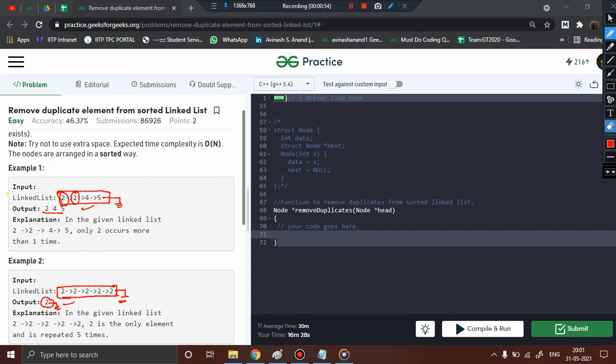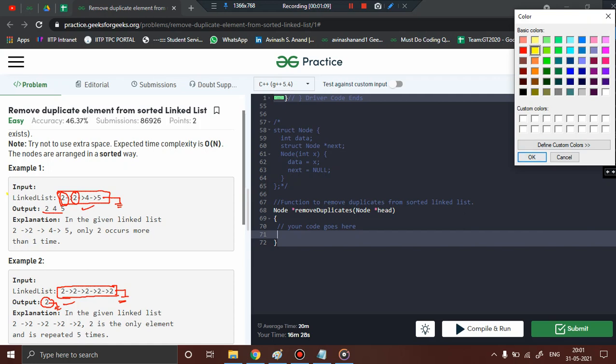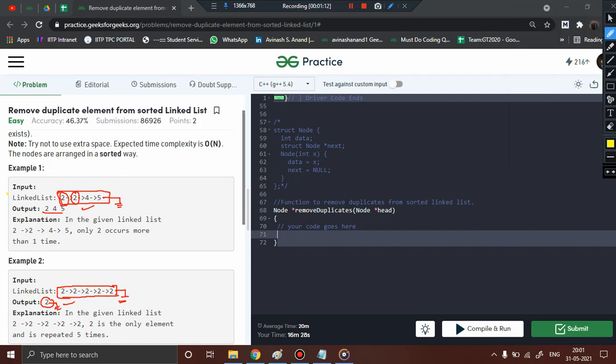Now let us understand what would be the approach to do this particular problem. I would like to consider an example, and we will see how this problem can be solved. So let us consider a very good example, and we'll use the example to solve the code. Suppose our linked list has 2 2 duplicates in the beginning, followed by 3 3, and we have 4 5 5 6 6, followed by null. Now we basically have to solve this particular problem.